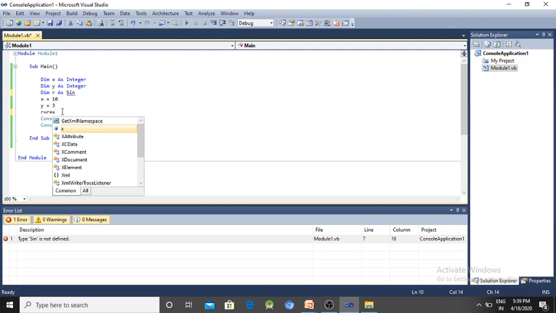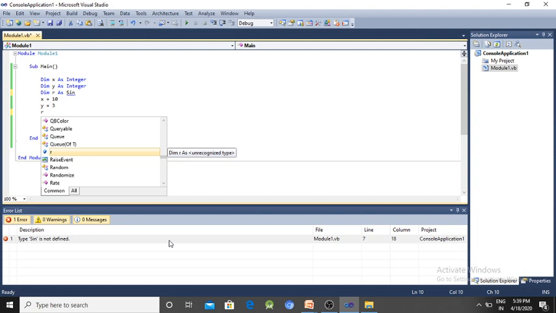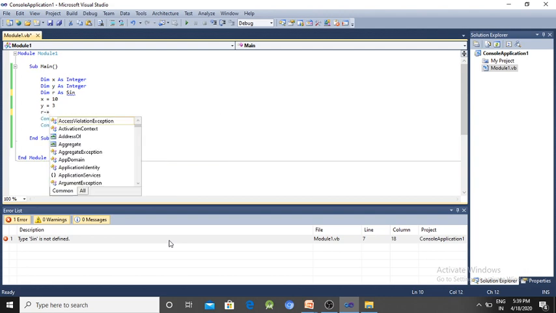You can use either and you get the output; both are the same. Similarly, you can use r equal to r minus x, or r minus equal to x, and find the output.